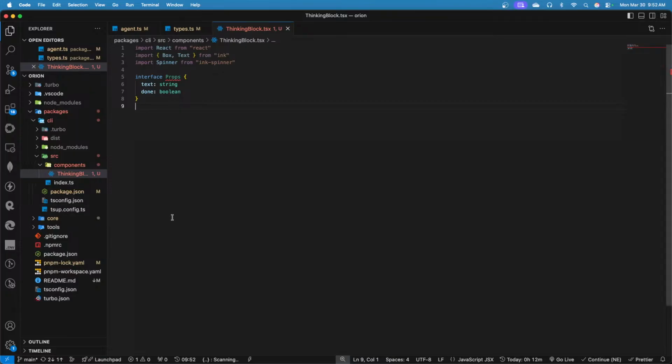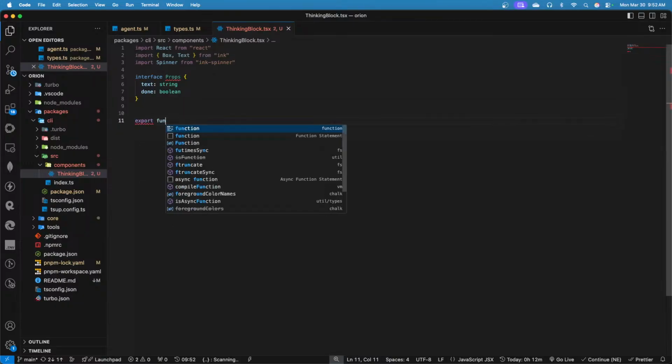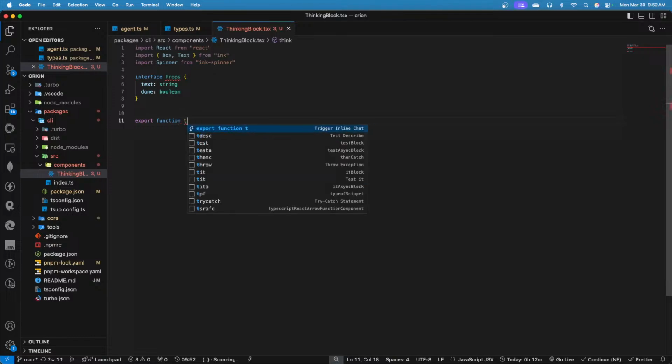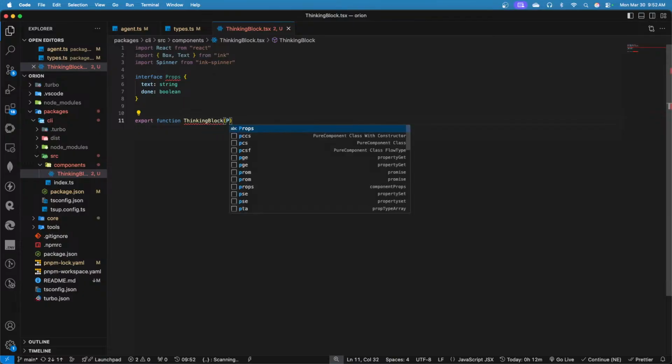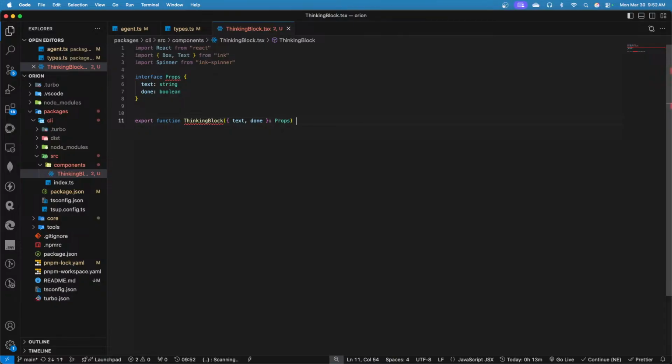And afterwards, let's export a function called ThinkingBlock, and that function needs text and done props. If we don't have text, then just return null, it's not required. But if we have it, then return the